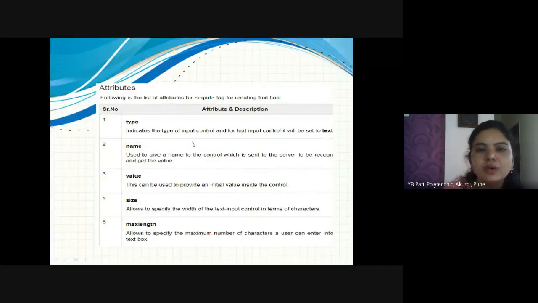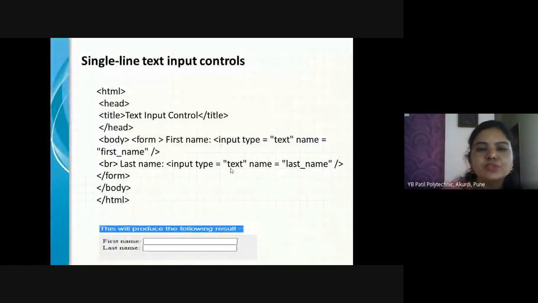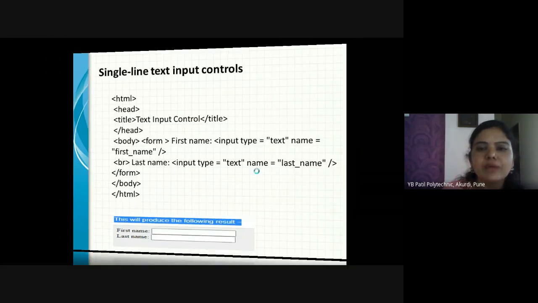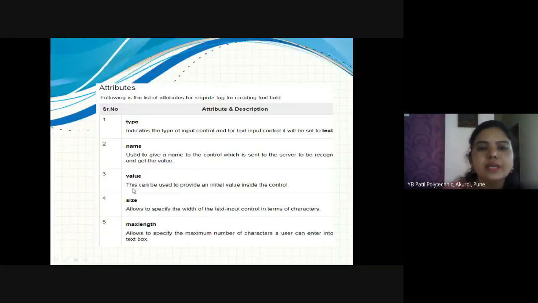Now we have discussed two attributes of the input tag. First is the type and the second one is the name. Apart from this, it has various attributes like value. You can set the initial value. Initial value means when your output is executed, this value appears in the box. Then the size, you can specify the width of your box.